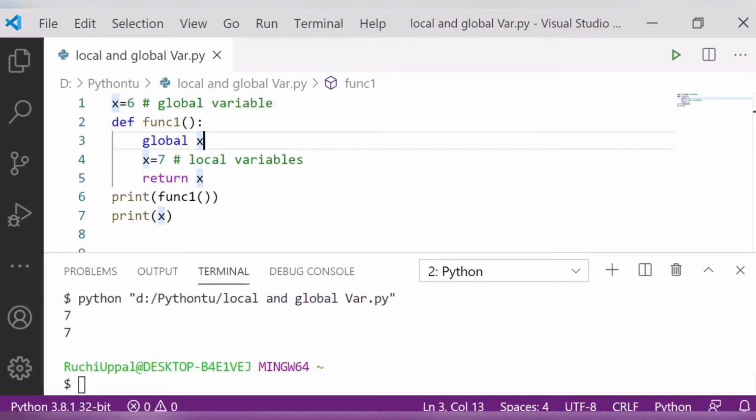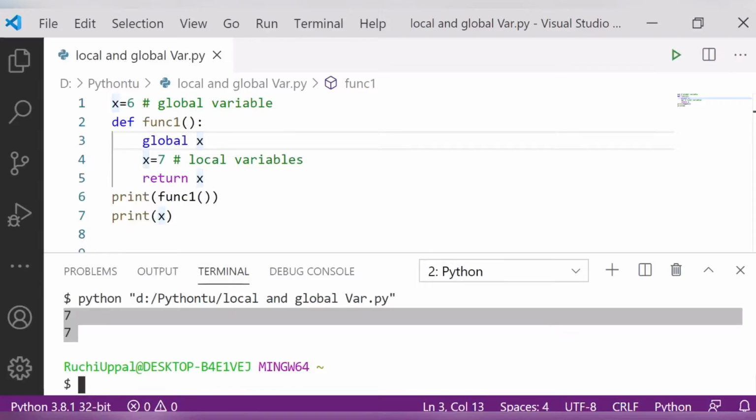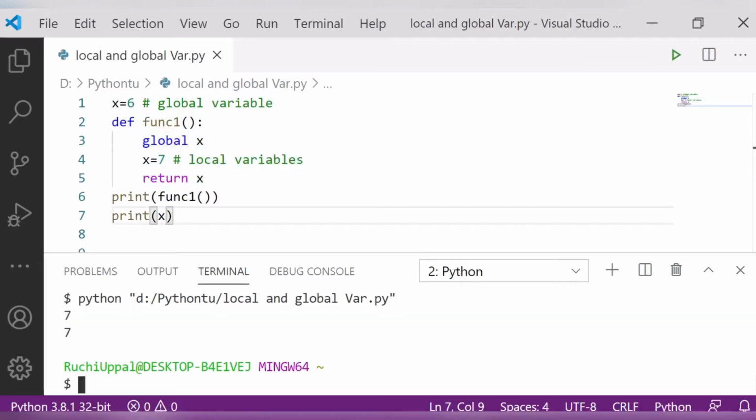Now you can see the value is 7 and 7. The value is changing here. The function runs only when we call it, and it gives output only then. This is how you can change the value.